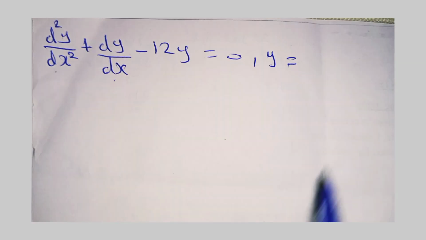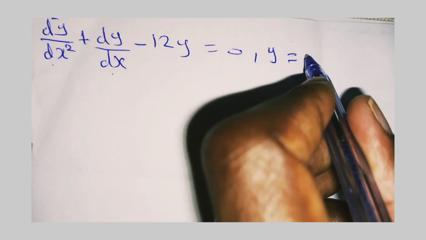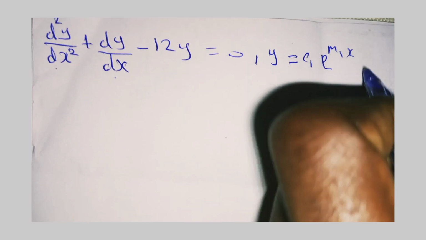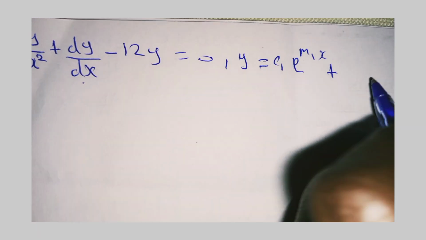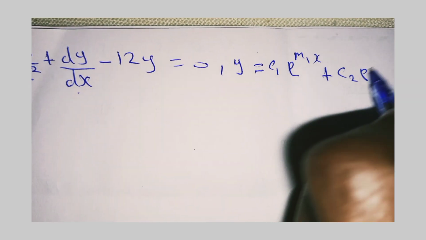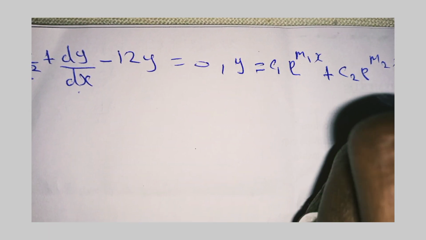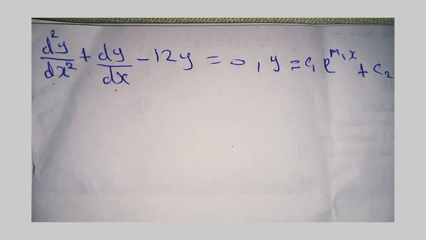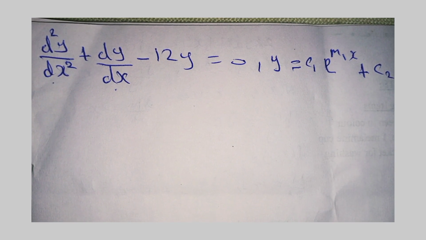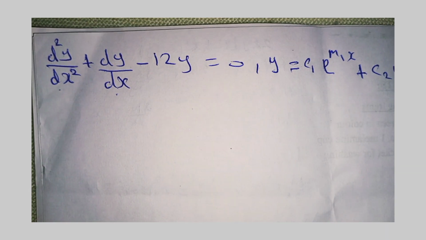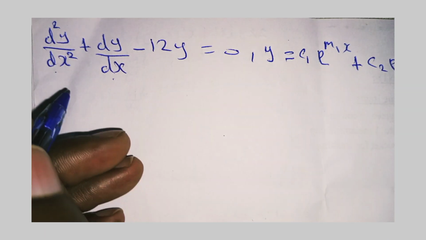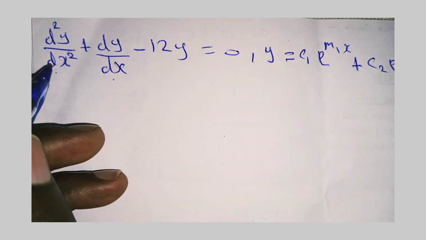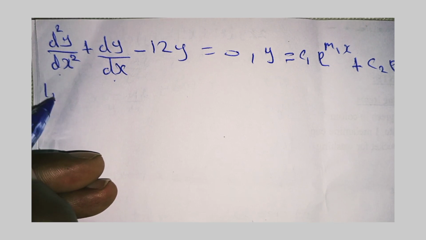y is equal to c1 exponential m1x plus c2 exponential m2x. Here, c1 and c2 are what are referred to as essential arbitrary constants, and m1 and m2 are the roots of our quadratic equation. So to solve this given ODE, which is linear and second order, we let